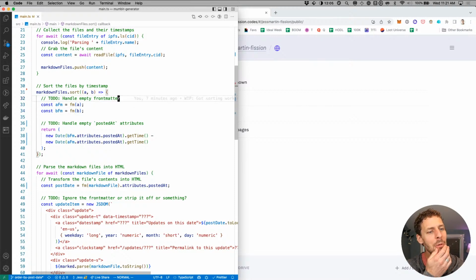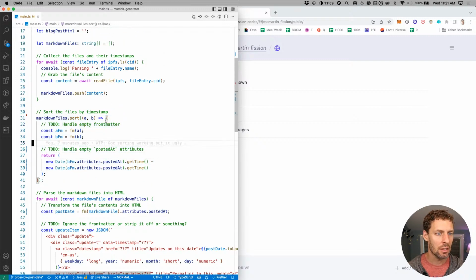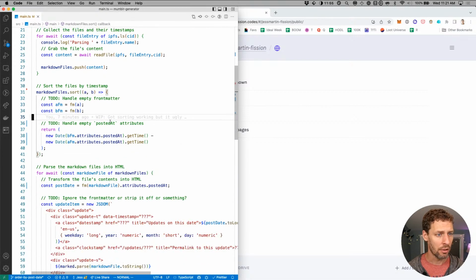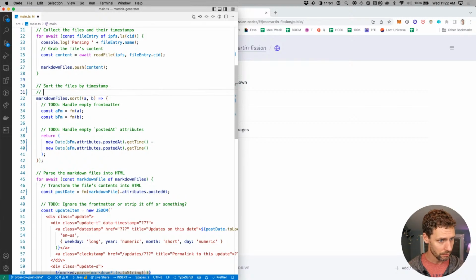Okay. Maybe this would be a great time to write a test actually, but I haven't set up testing in a TypeScript node application before. So I think I'm going to leave the testing. Actually going to make a note to do